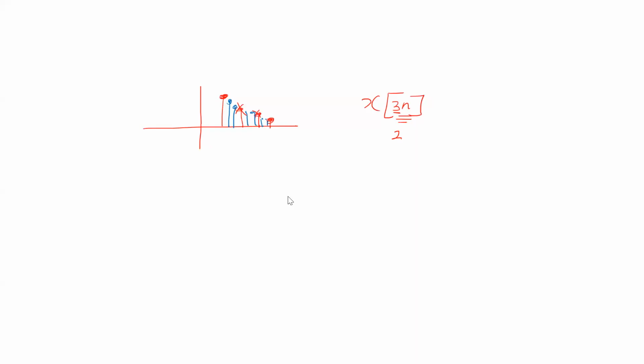So if I have, for instance, a series of values here, whatever it is, something like that. If I tell you now that this is x[n],